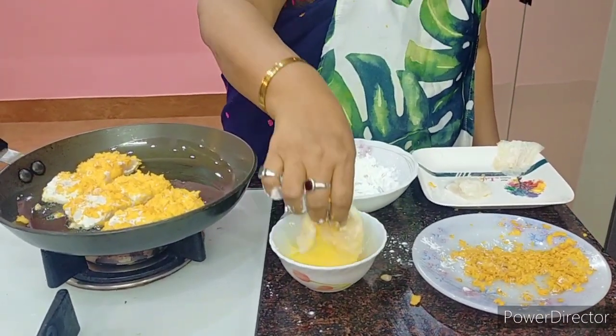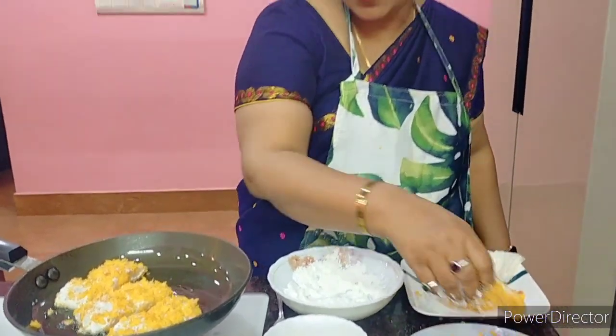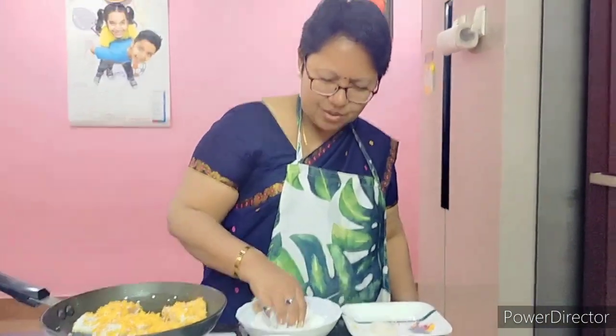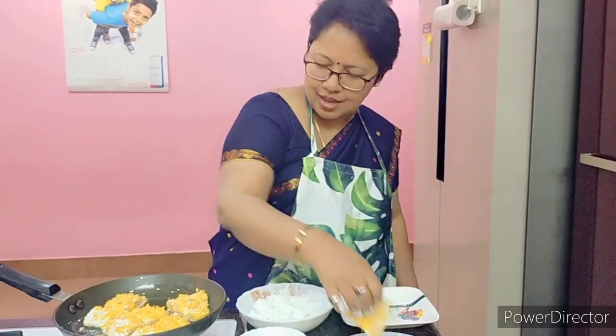it looks very less. And unlike the other piece of fish that you have to force your son or your daughter to have, this is something that they will just gulp down because it's so nice and crispy. I'm repeating this for all the pieces of fish that I have here, and then I'm going to fry them